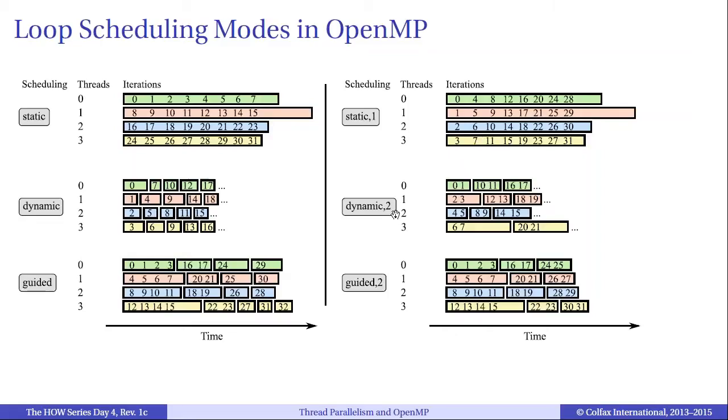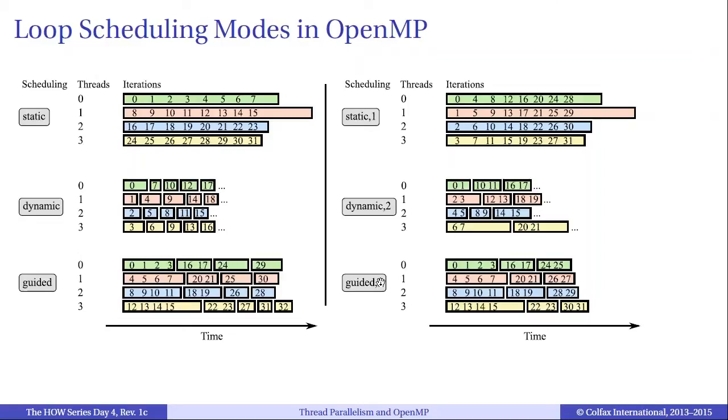For dynamic scheduling, a chunk size of 2 means that I will hand out 2 iterations at a time to each thread. In guided mode, a chunk size of 2 means that I will start with large chunks, and then I will decrease the chunk size more and more as the application progresses, but I will never hand out fewer than